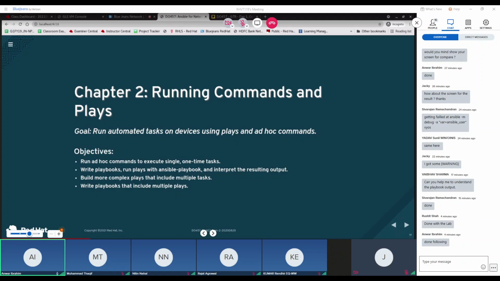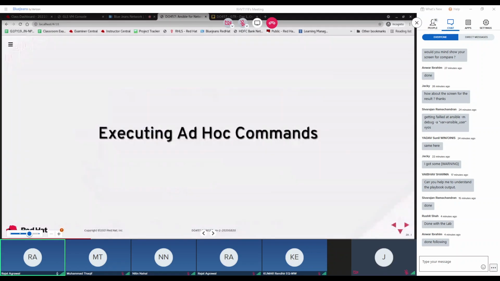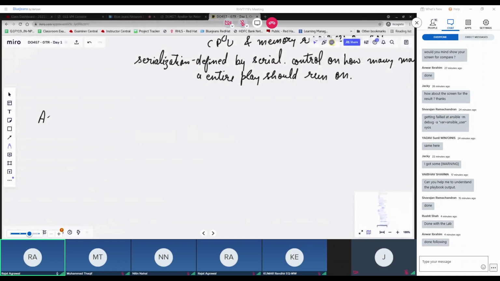Yes. Right. Thank you so much, guys. So let's get started with the first one, which is Ansible ad hoc commands, executing the ad hoc commands here. Now, when we talk about executing an ad hoc command, what is an ad hoc command, right? And what is the format of it? So an ad hoc command is